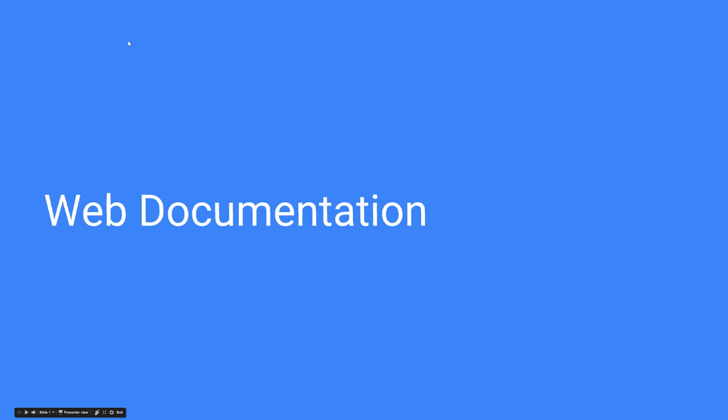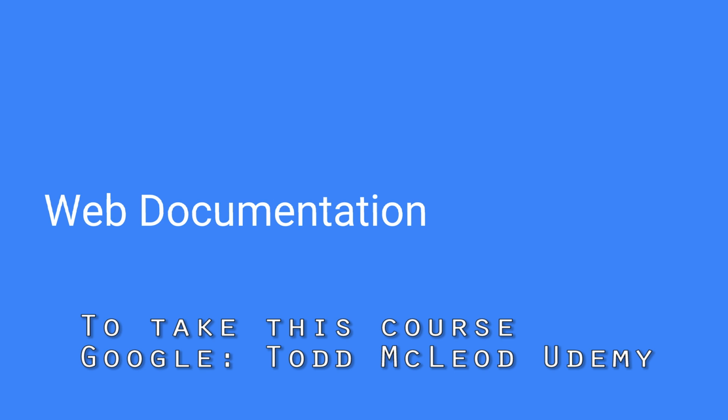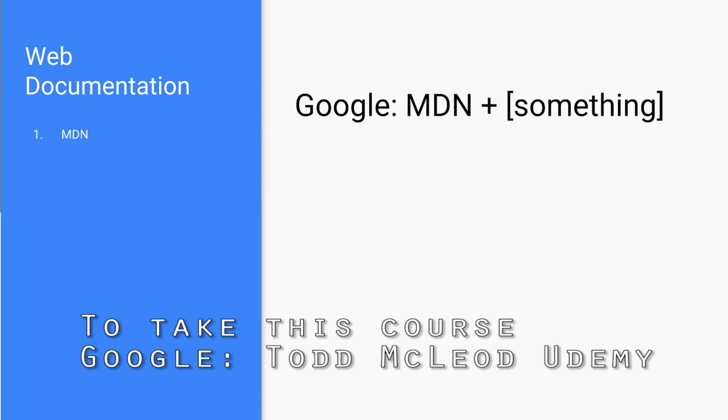Well, if nobody controls the web, there's not any one organization or individual who created the web and said, hey, here's the web. Where do we go for documentation? Where's the best documentation for the web? When you learn how to program in a certain language or a certain style, there's always going to be a definitive and best source for documentation. And on the web, it's no different. And that definitive and best source for documentation is the Mozilla Developer Network.